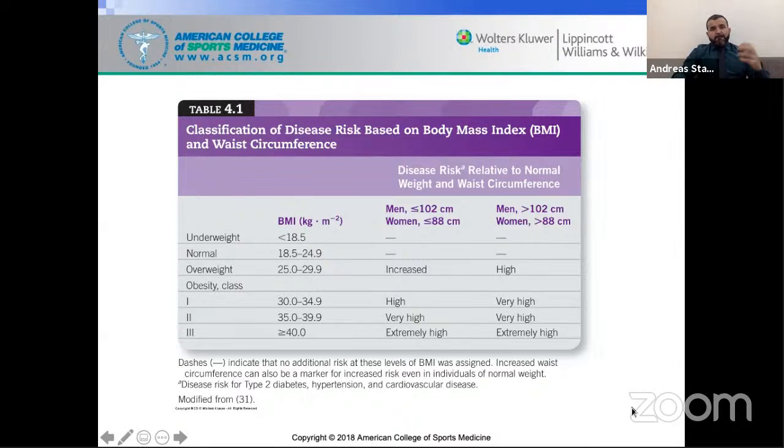BMI, yes, but we talked about the weaknesses. So if we combine them, we get information from two measures, which is good, right? We triangulate it in a way. So remember, I hope you remember the numbers for BMI, and you can see the two numbers you have to remember about circumference: 102 for men and 88 for women. Okay, so if you combine the information, you can see what's the level of risk. Okay,